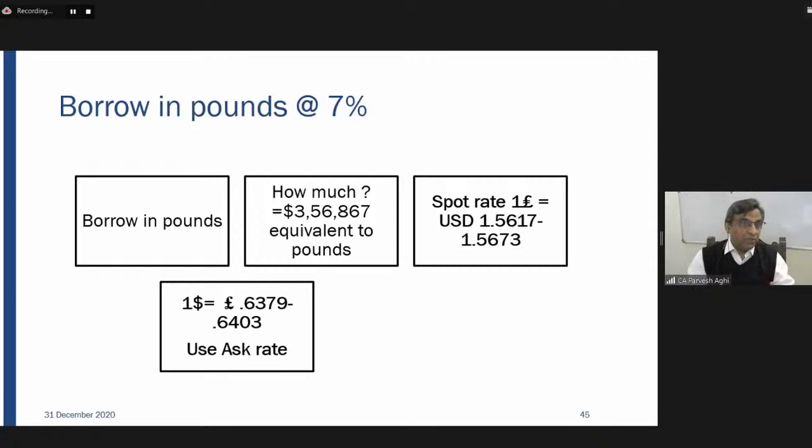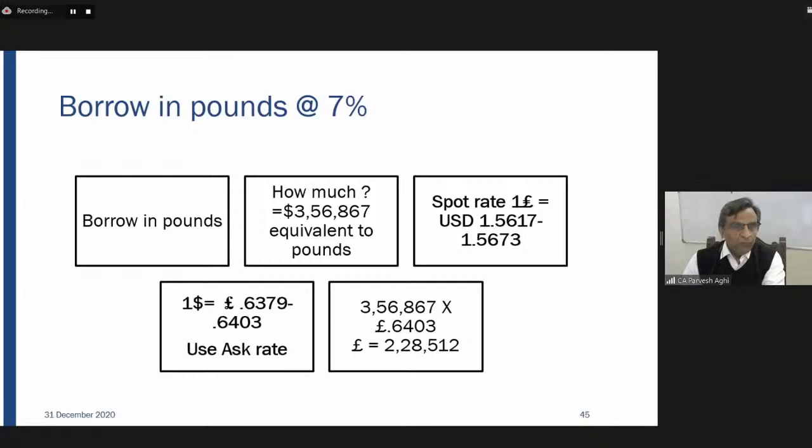Here we have to use the ask rate, because here he's converting the dollars. So that means he's going to the bank and buying dollars from the bank. So the ask rate becomes important. So which will be 3,56,867 into the ask rate, which is 0.6403. So that will be his total, dollars converted into pounds, which will be